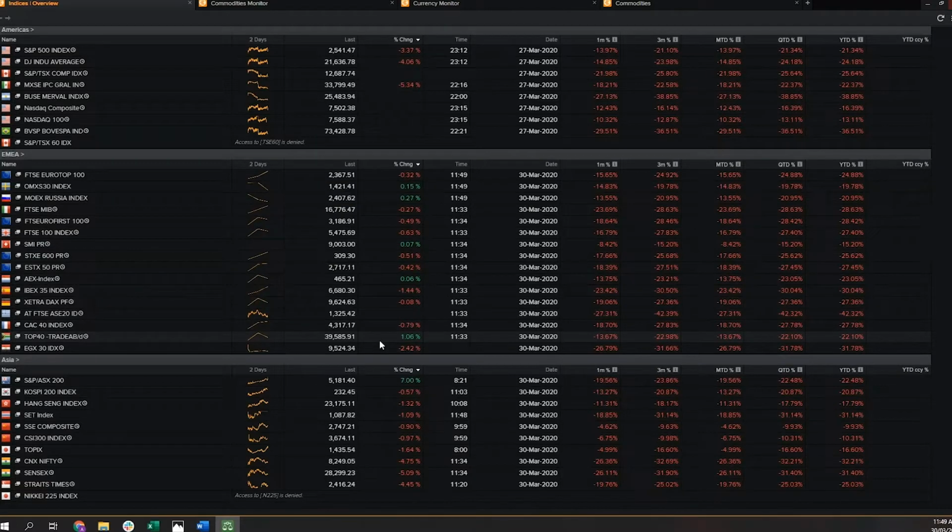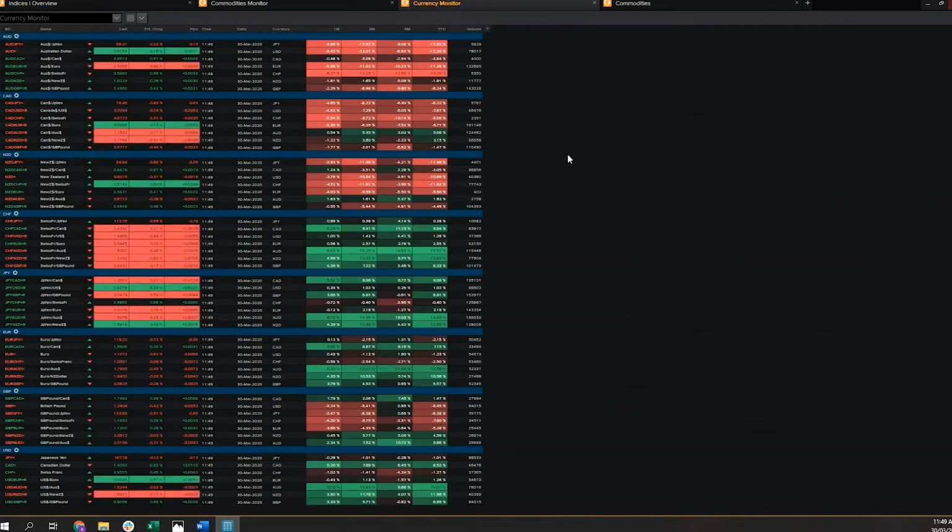So whenever we have a very strong risk off tone, you normally tend to see lots of downside in the equity markets. And whenever we have a very strong risk on tone, we normally see lots of appreciation in the equity space, so green across the board. Now, what normally happens in a risk-off environment, so basically an environment where we would expect equity markets to be red across the board and tanking with momentum to the downside,